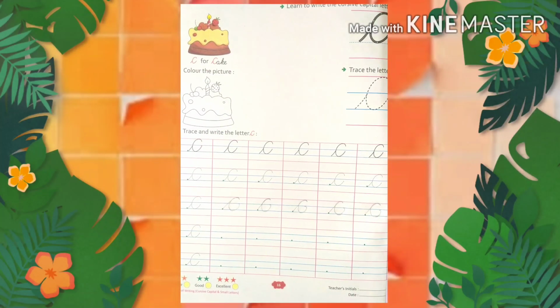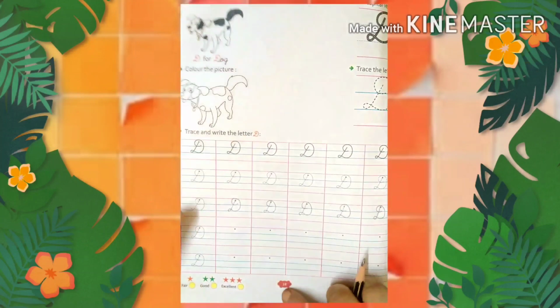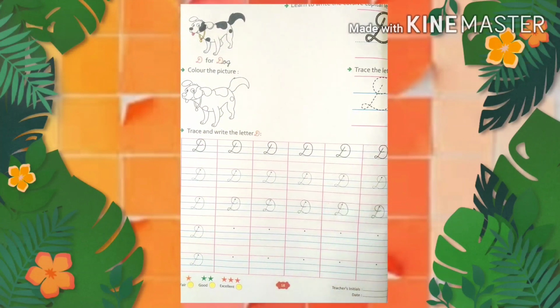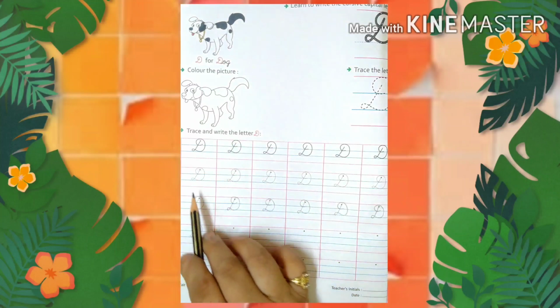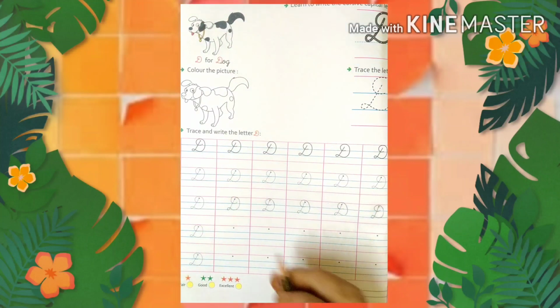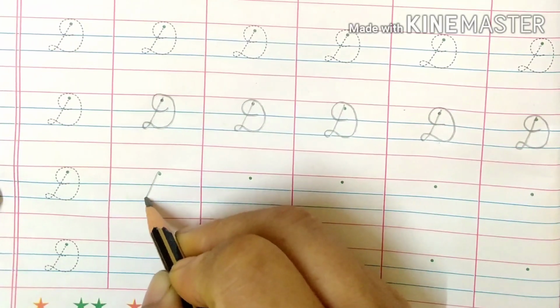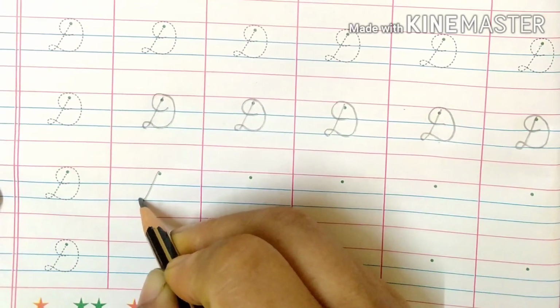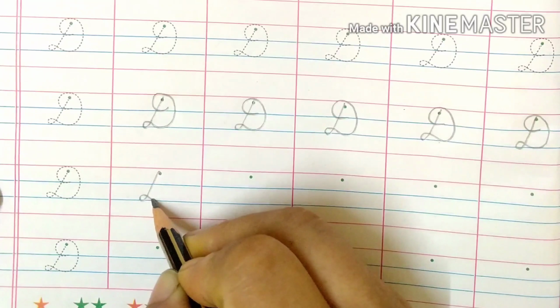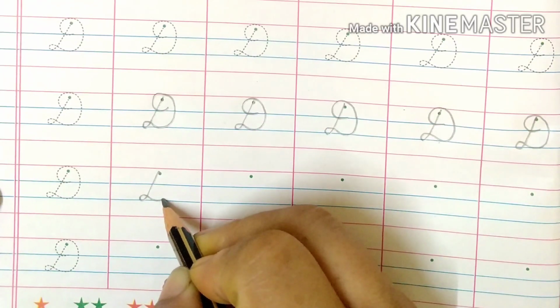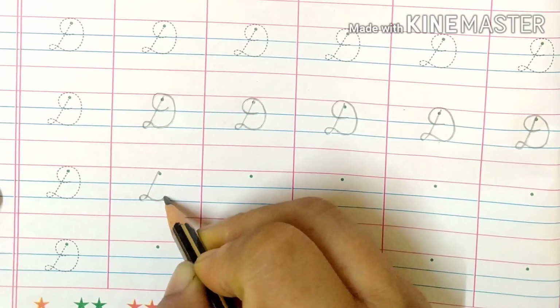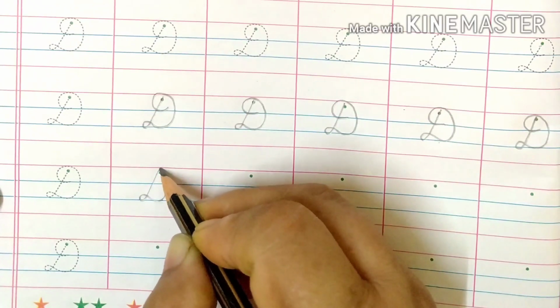Now, next page is page number 18, D. Trace it. Color this picture. Trace all the D nicely. Put your pencil on the dot. Make a slant line. Make a loop. Touch it to the third line and curve it nicely.